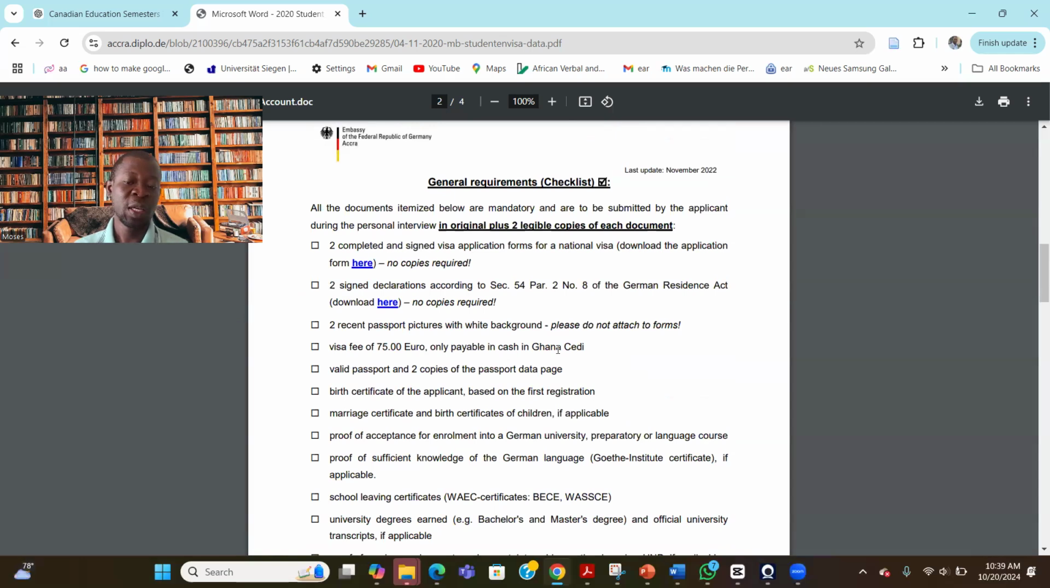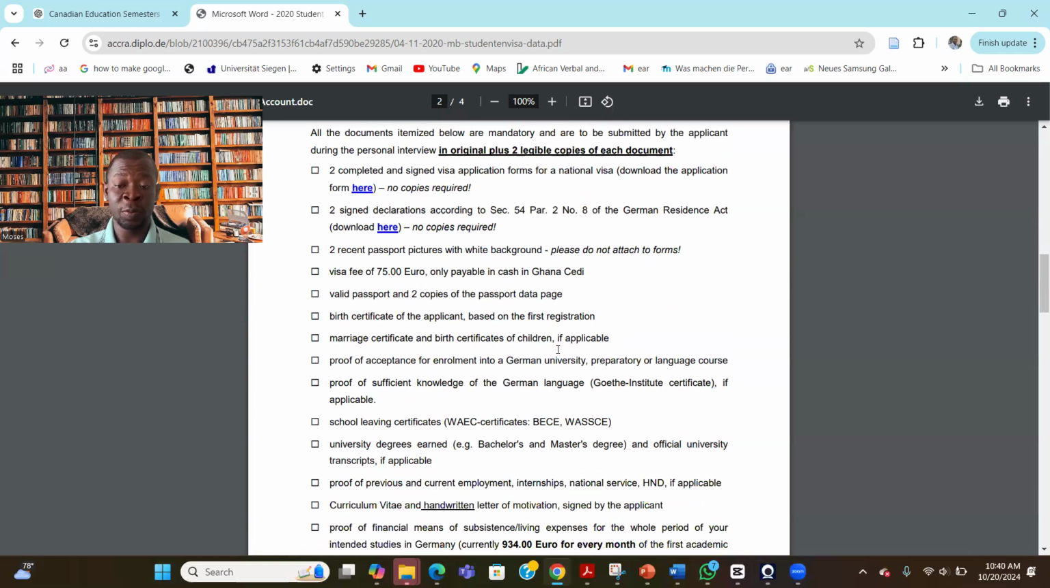One, the general requirements are the things you use to apply. In addition to the application form that you sign, which can be downloaded on the website, okay, then a declaration form, then 2 recent passport pictures with white background, 75 euros, passport, and then valid copies of your passport, any document, birth certificate, birth registration, marriage certificate, or if you have children, or if you are married,